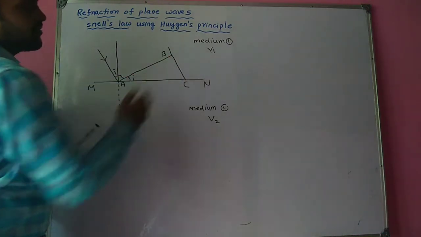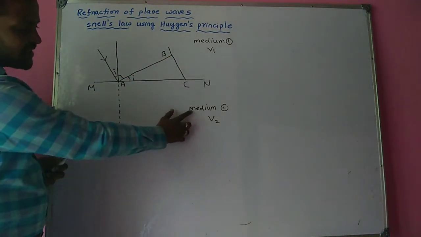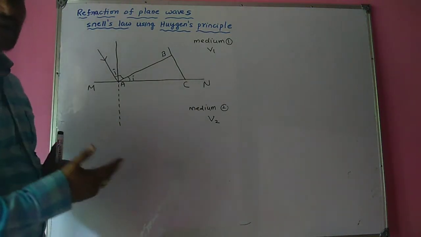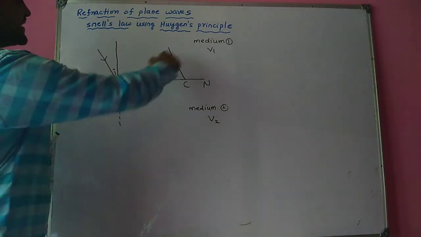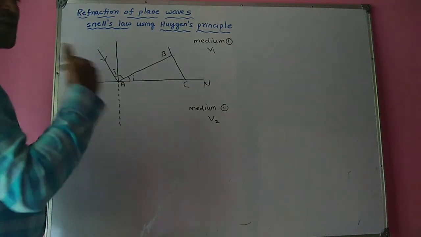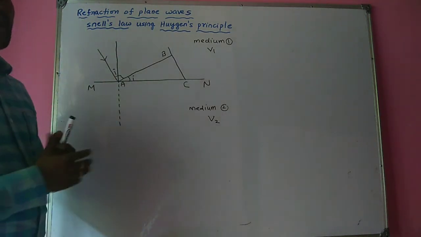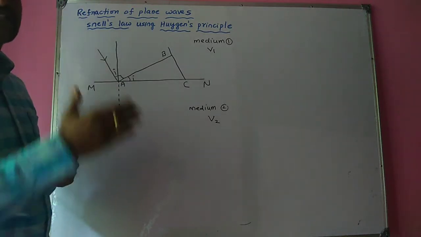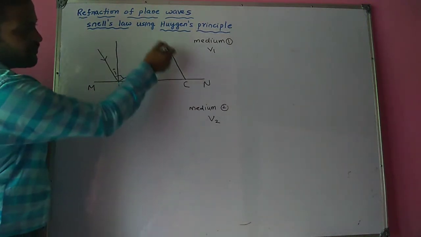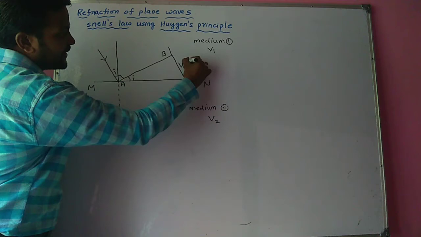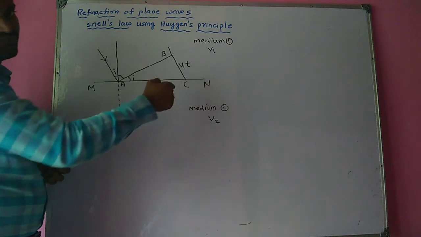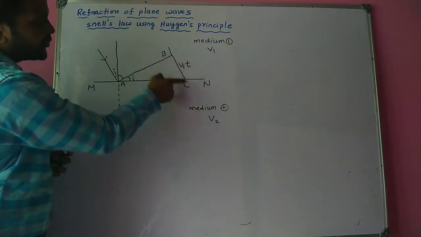In the first medium the speed of the wave is v1 and in the second medium the speed of the wave is v2. Now we are going to draw the refracted wavefront. AB is the incident wavefront. To draw a new wavefront according to Huygens principle, we have to take the tangential surface in the forward direction to the spheres of secondary wavelets. So the distance from B to C becomes v1 into t, because v1 is the velocity of the wave in the first medium and t is the time taken by the wave to reach from B to C.